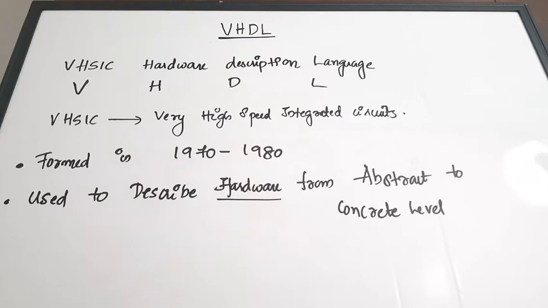So this is all about the introduction to VHDL. This much is sufficient because we are more focusing on the programming side and the concept side. The theory part we don't need to study that much. At least this much you should be knowing if you are a beginner. Next we are going to see the important terms that are associated with VHDL, one by one.